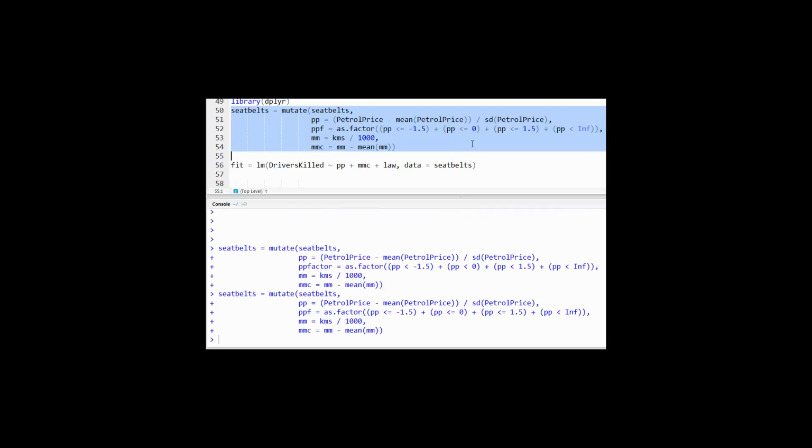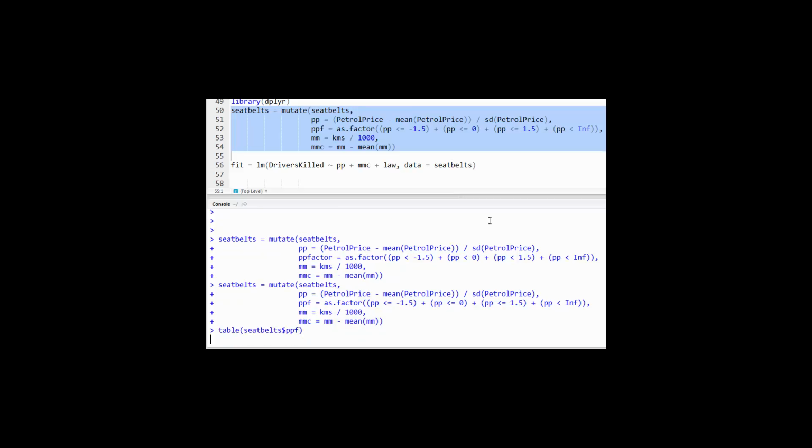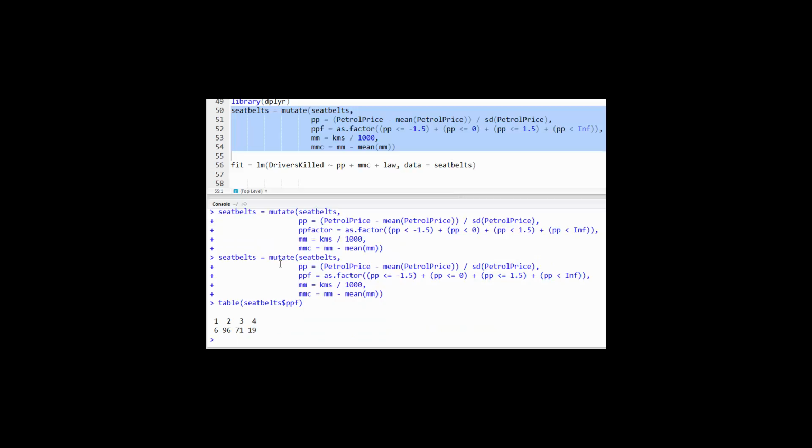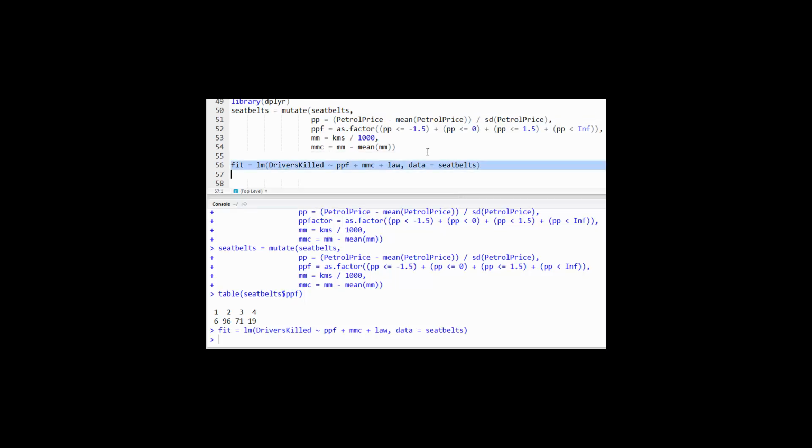So I'm going to create that data set, and then here I can just show you what it looks like. Table, seatbelts, PPF. Okay, and there you see it's a factor level variable. It has 4 factors, and we have data in each one of the levels of the factor. So if now I fit my model with this variable in there, I just want to show you